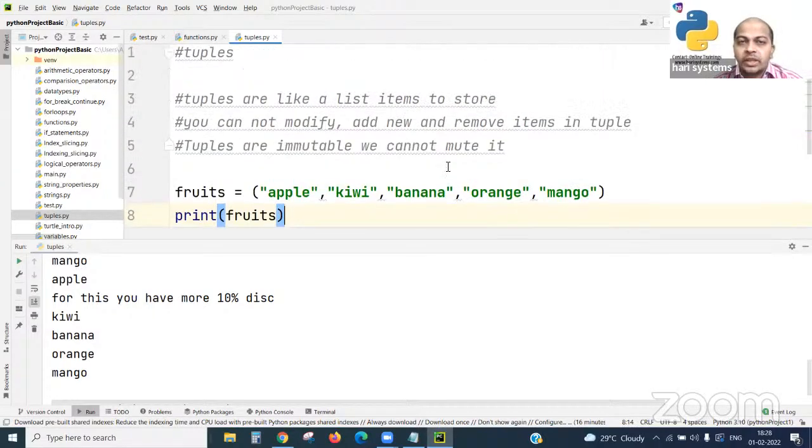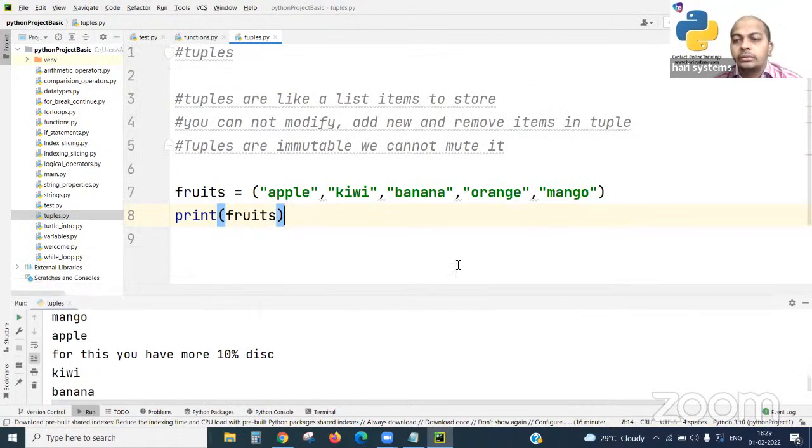A tuple is immutable and we cannot modify it, and we cannot add an item or remove an item. In this scenario, I want to add a new fruit. How is it possible?